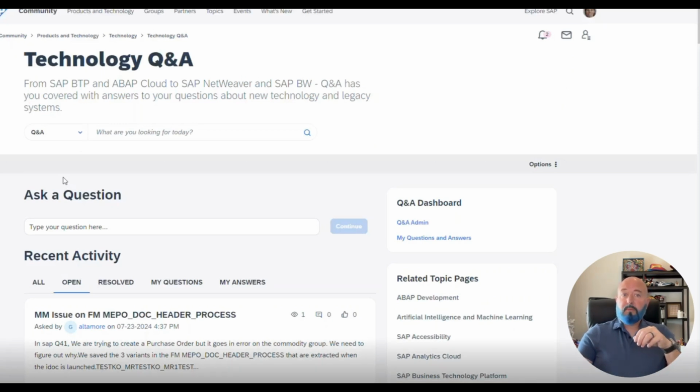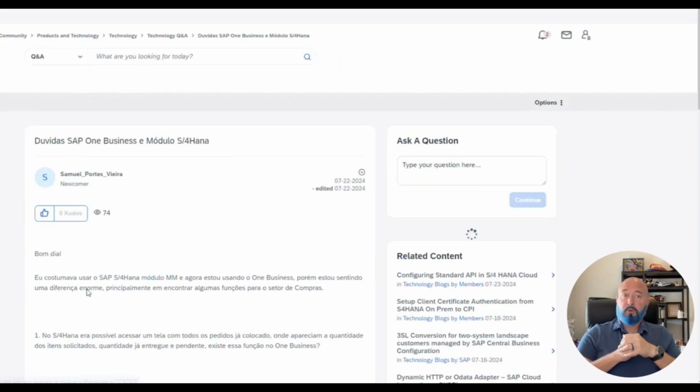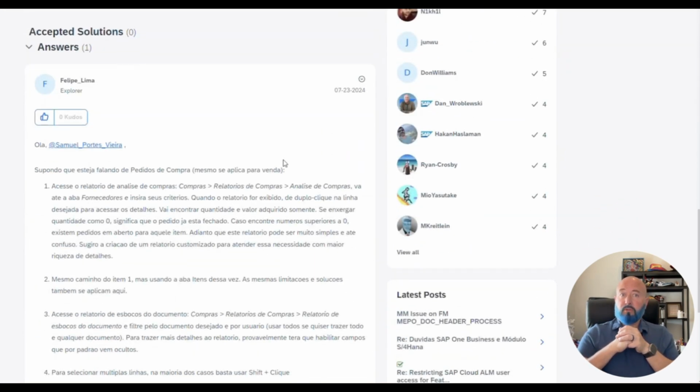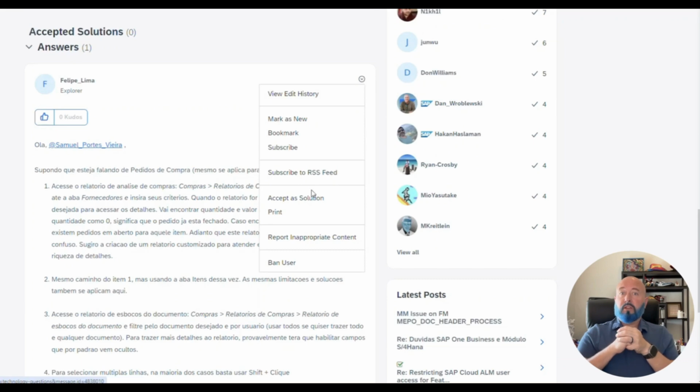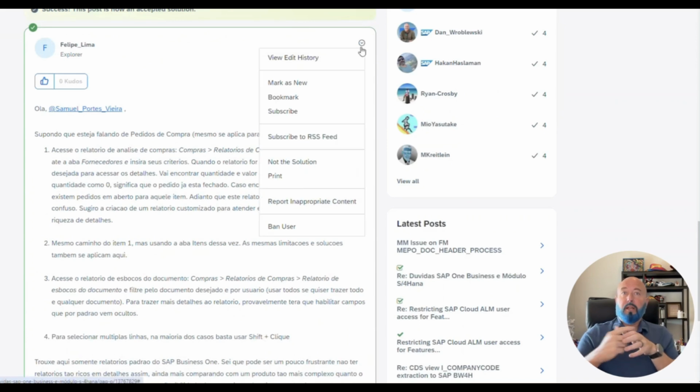So if you look here, she's going to go through and get to the answer that she wants to accept in the actual accepted solutions on this blog post here. So when she scrolls down, you see the accepted solutions and there's an answer. She can go into her menu and accept as a solution. I do not have that, and most people in the SAP community do not have that option. Now, she's got that, and she also has another button that pops up later that says not a solution, so